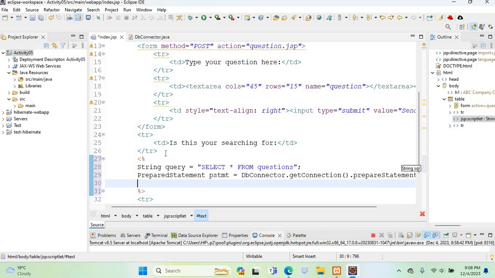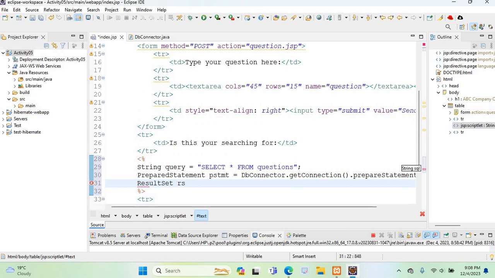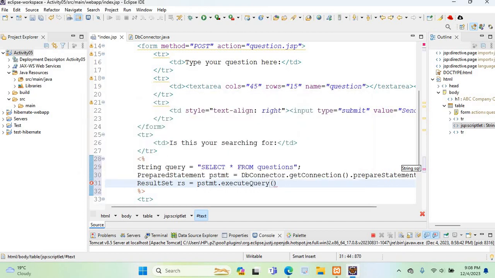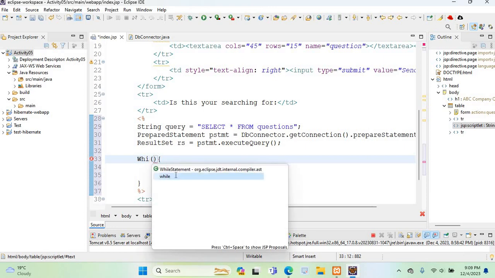So therefore I will create a result set called rs, and then I'm going to execute this query. Okay, so then we need to travel through this result set. Therefore I'm using a while loop here,